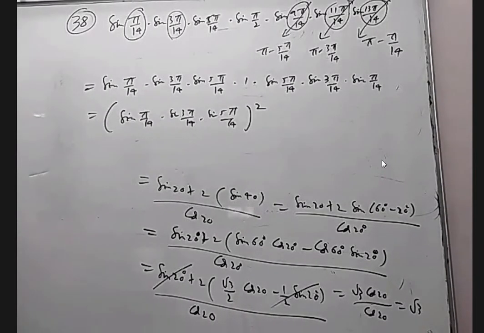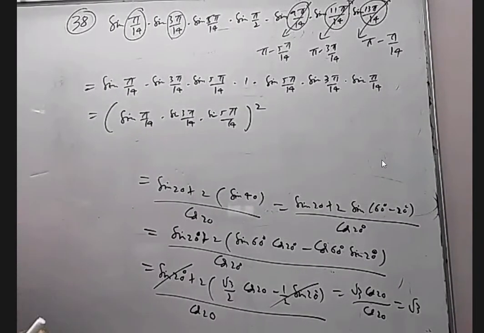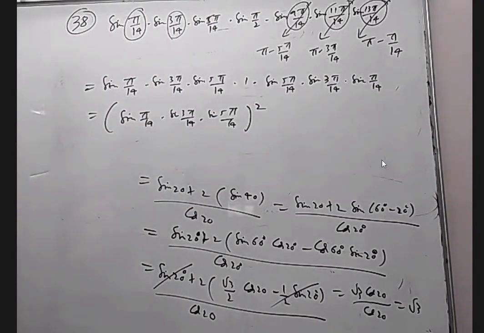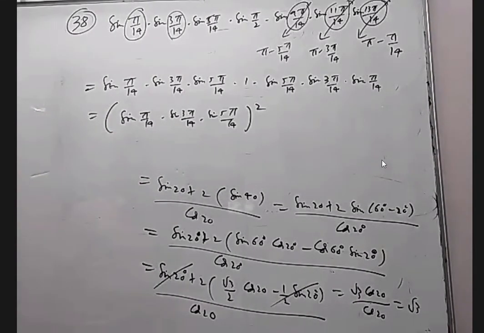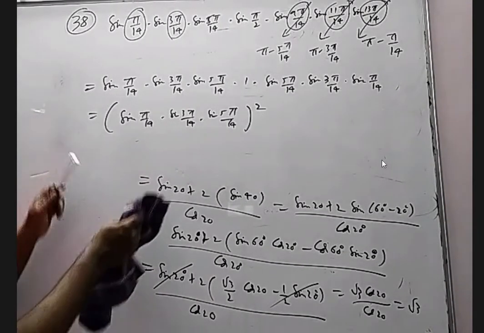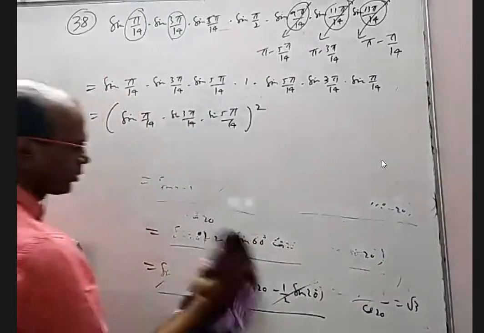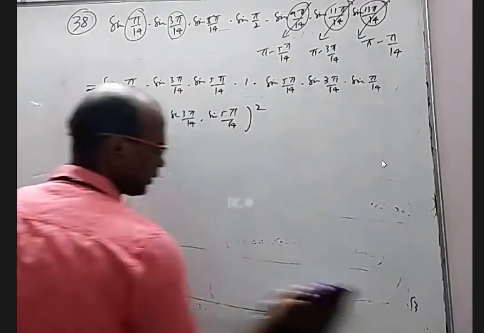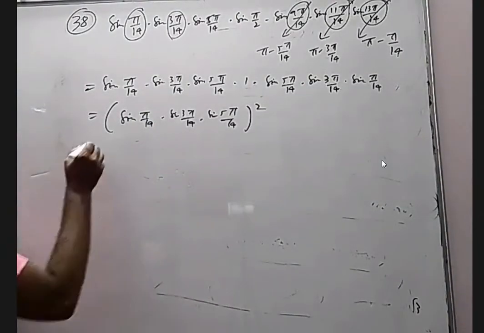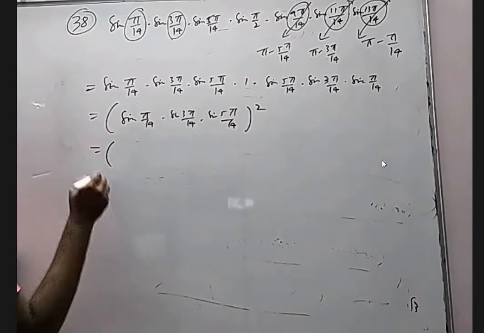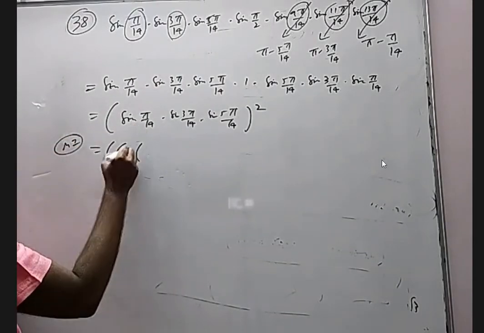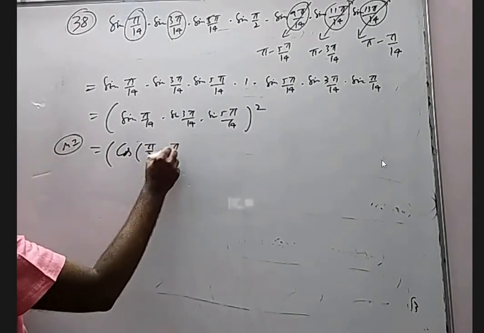If I use the CS method, what will happen? Let me just think without writing much. Multiply the cos of similar things, I'm going to get sin pi by 7. We can use the CS method, or we can convert sin into cos and then we'll get doubles. I'll show you that. So I want to do 2 methods from here. First of all, every sin I want to convert into cos. This is method 1. So sin I can write as cos pi by 2 minus pi by 14.